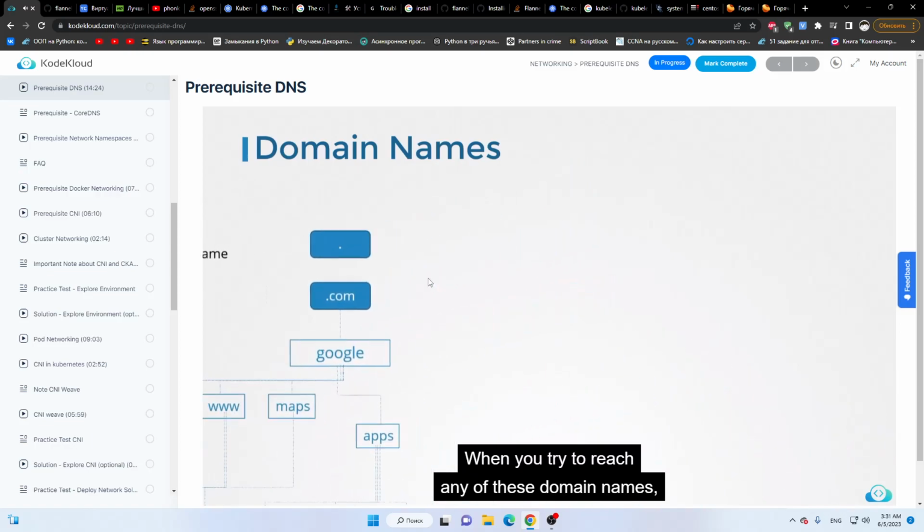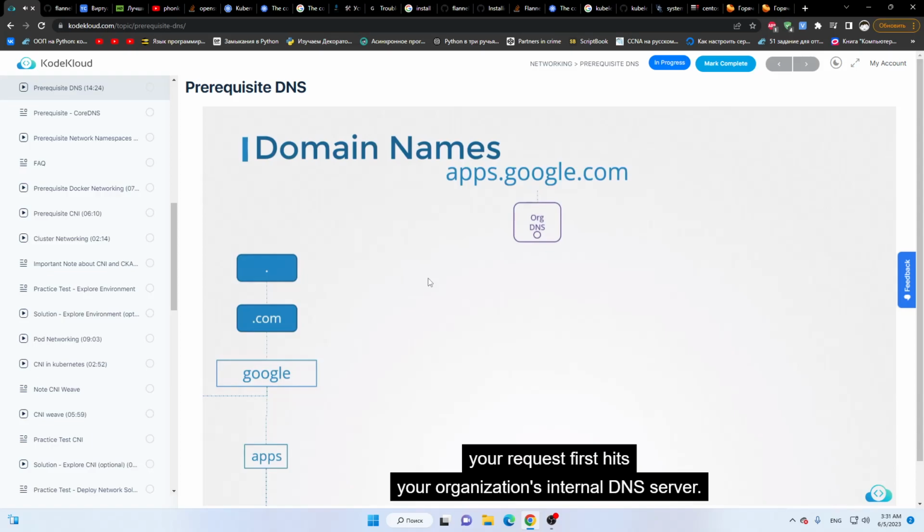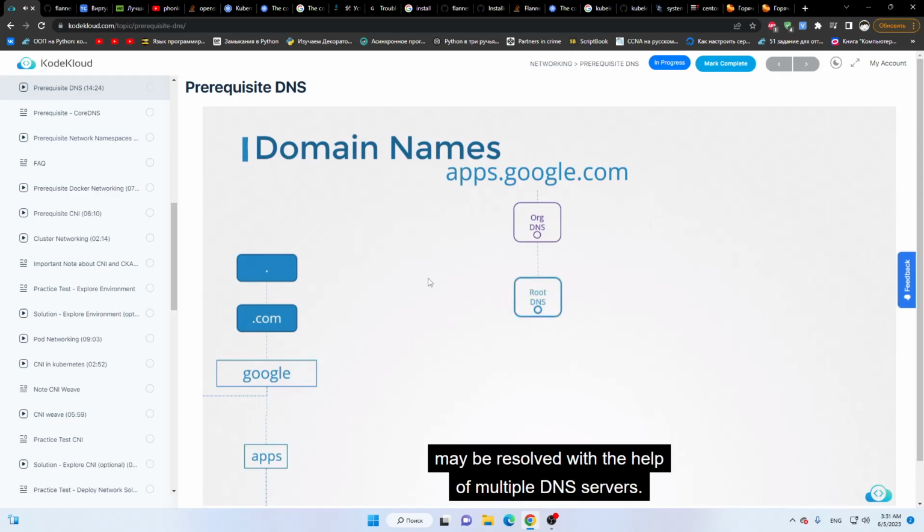When you try to reach any of these domain names, say apps.google.com, from within your organization, your request first hits your organization's internal DNS server. It doesn't know who apps or Google is, so it forwards your request to the internet. On the internet, the IP address of the server serving apps.google.com may be resolved with the help of multiple DNS